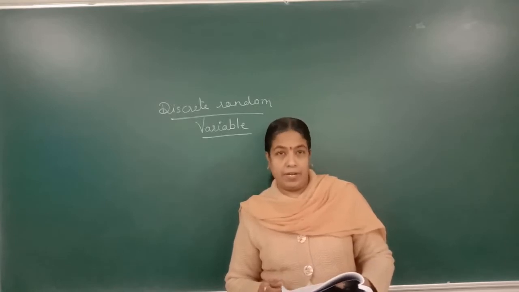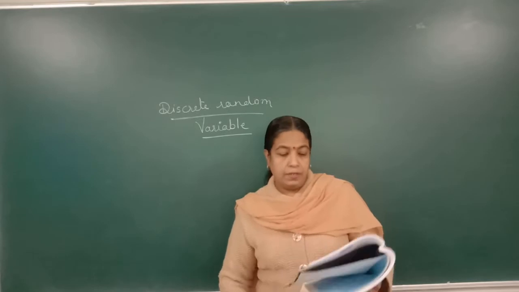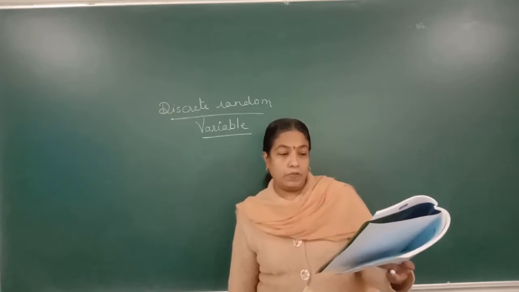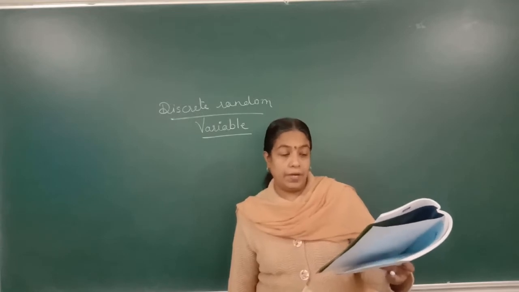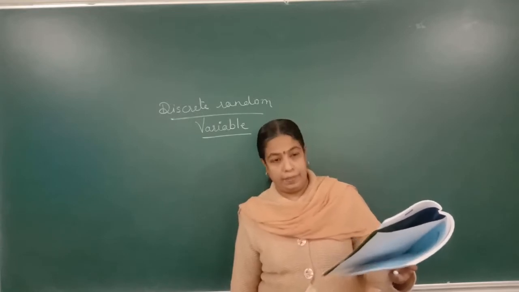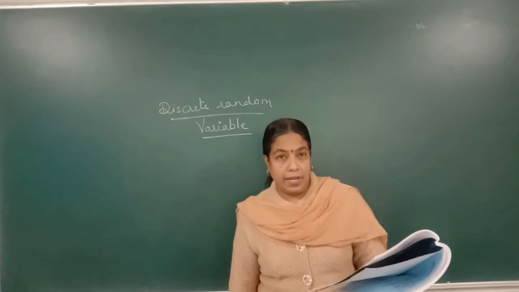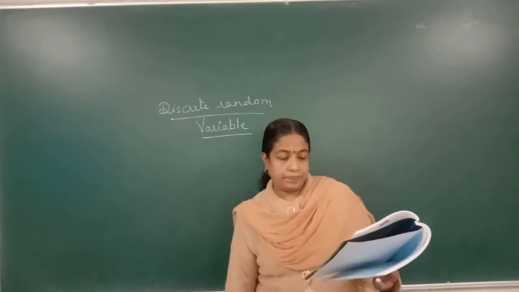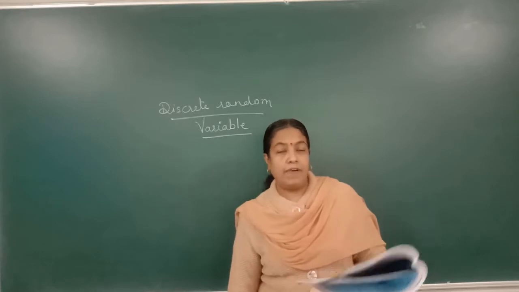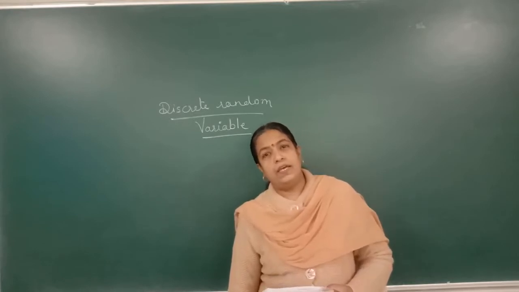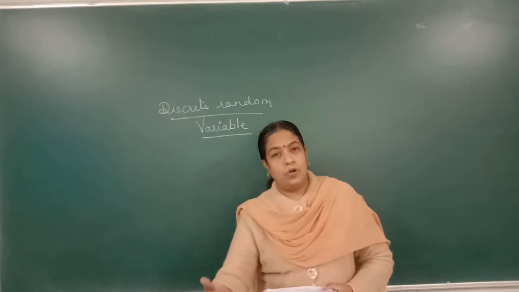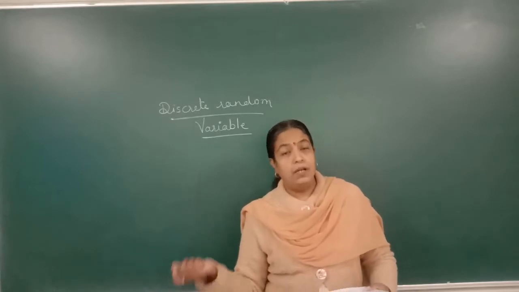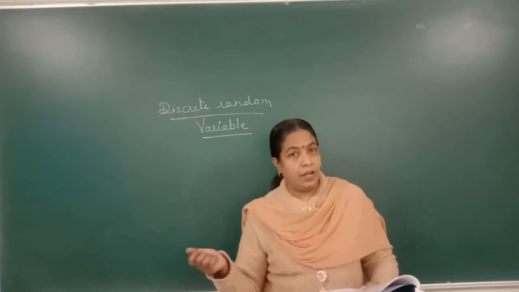or infinite. Now, the values of a discrete random variable are usually denoted by non-negative integers, that is 0, 1, 2, 3. Now, examples we will take so that you will get the correct idea about it. Number of children in a family. Now, its range starts from 0, 1, 2, 3, up to a maximum of where? 10 maybe. If it is a joint family, then 15, 20, all that.